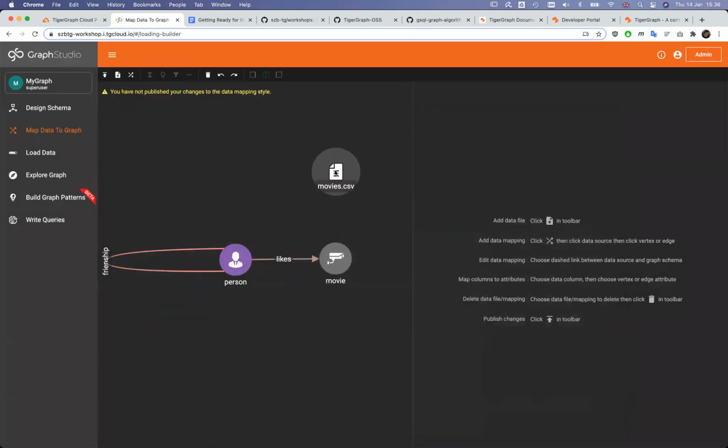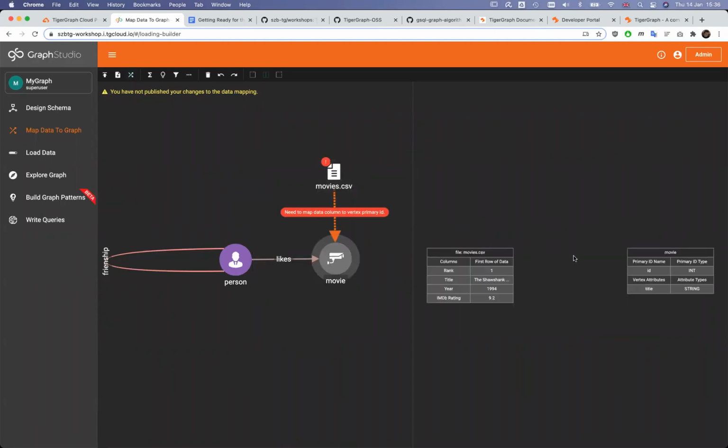Now that you have identified the data source, you can map the data in these data files to vertex and edge IDs and attributes. And it's done very simply, very easily. You click on these crossed arrow icons. You first select the data source, and then you select the target vertex or edge type.